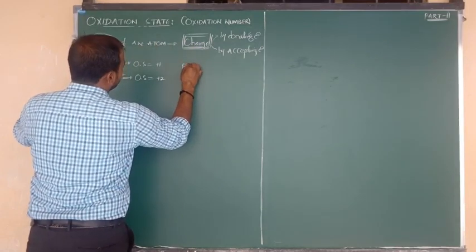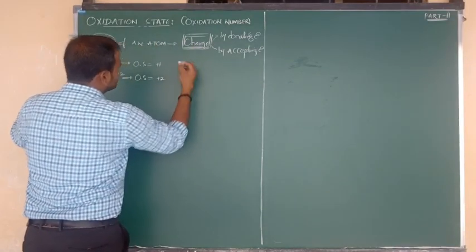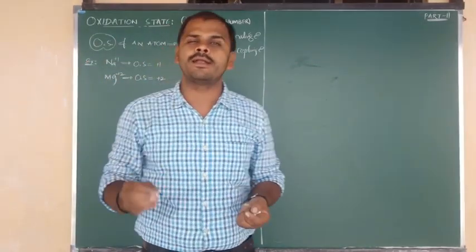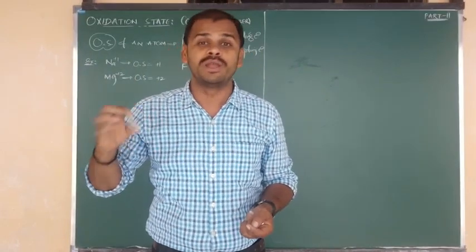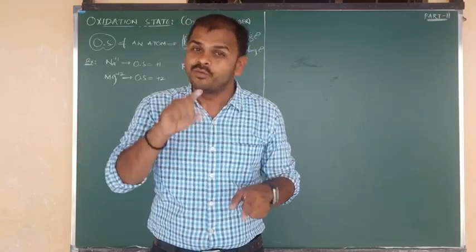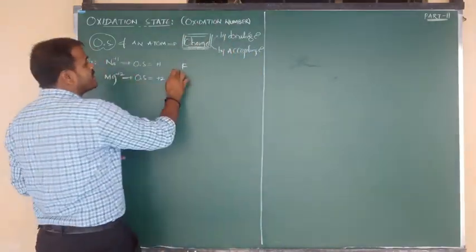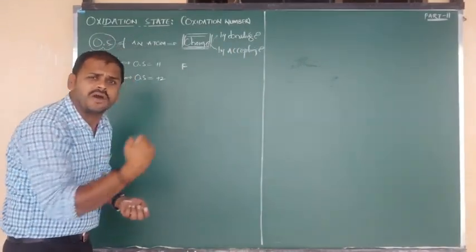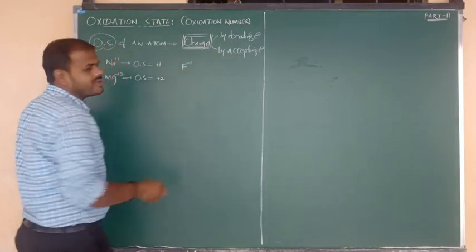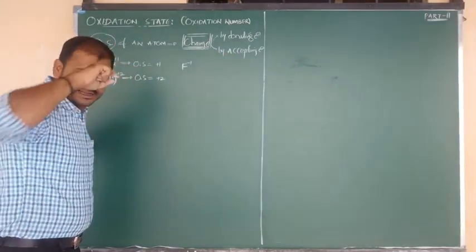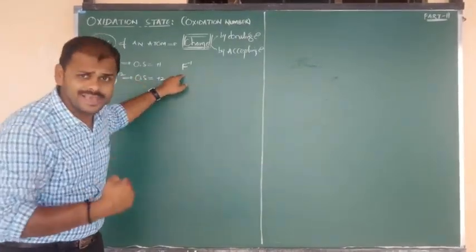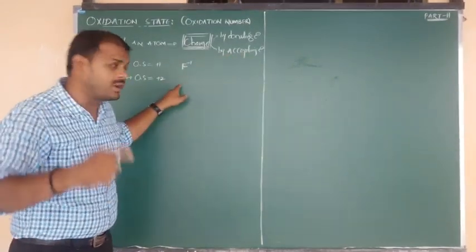First, suppose fluorine. Try to remember, all of you my dear students. In the entire periodic table, which element has the maximum electronegativity? The most electronegative element in the periodic table is fluorine. Highest electronegativity value means more tendency to withdraw electrons. So fluorine can accept only 1 electron. More than this, it can't accept any electron, and it is not ready to lose an electron either, because more electronegativity means only the tendency to accept.